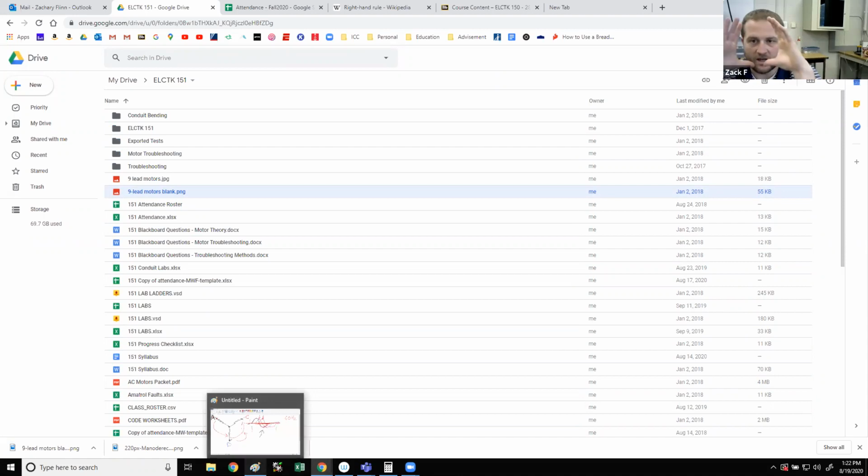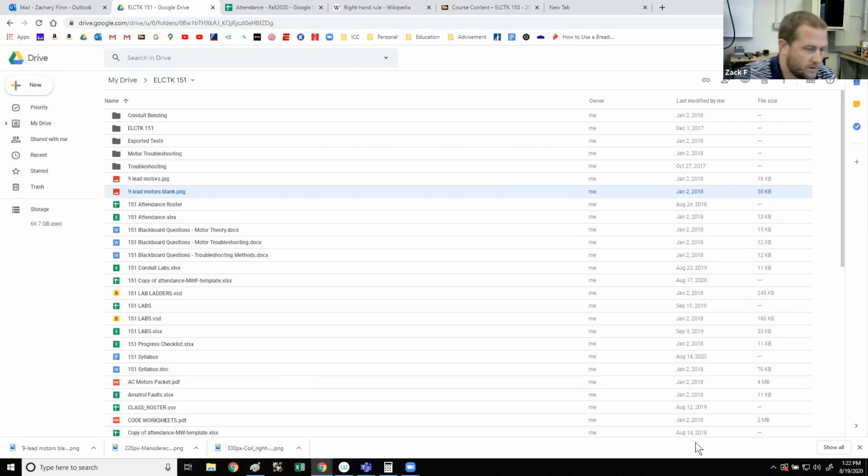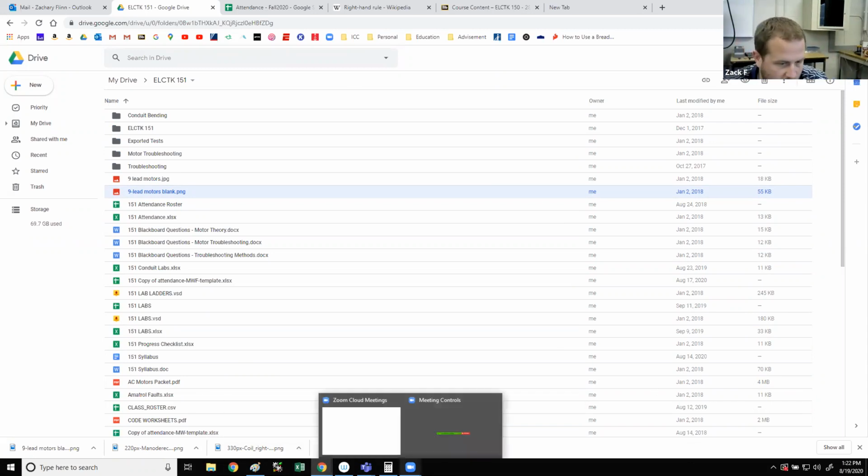So what is the thing called on the side of the motor that's got all the information on it? Voltage rating, horsepower, and all that stuff. Nameplate. And on the side of the nameplate, you might see a picture that looks like,